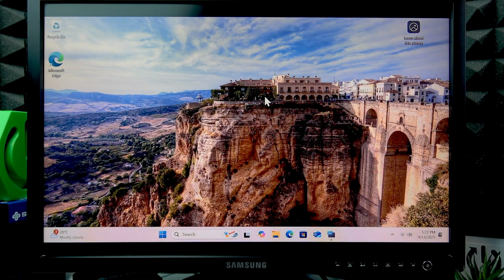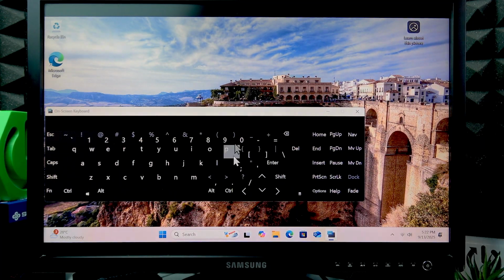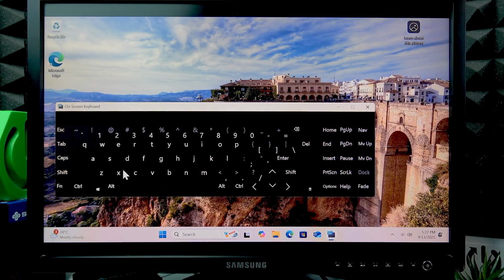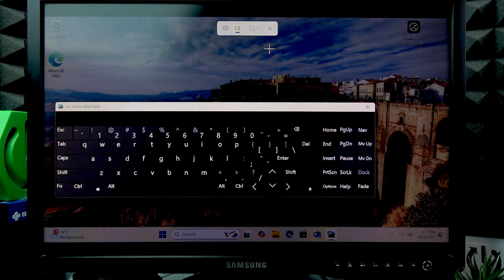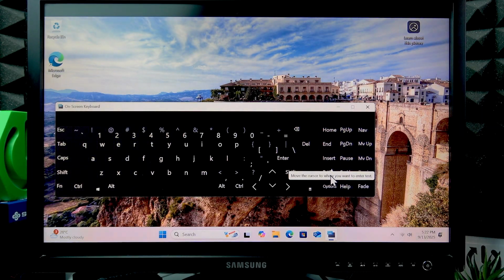So to start a screen recording on your device, you're gonna need to use either a 3-key combination of Windows, Shift and R buttons, or just press print screen button on your keyboard. And after you press print screen button,